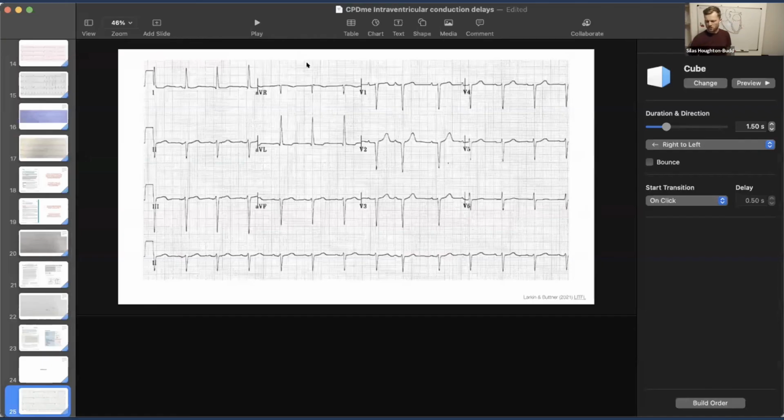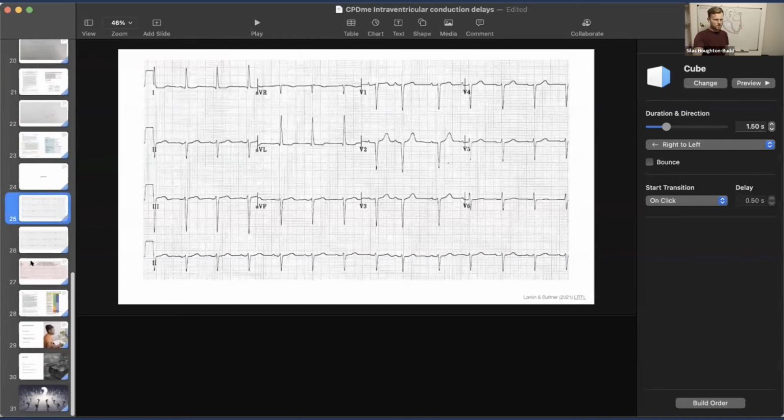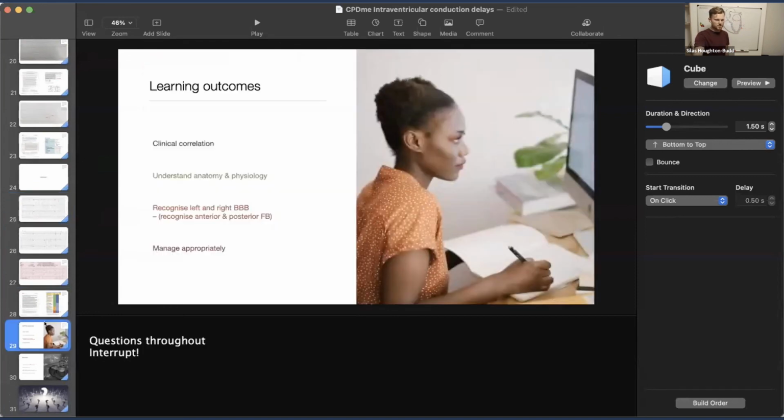I think I've gone on long enough about bundle branch blocks now. If I dig into fascicular blocks and bifascicular blocks, we may be here for a bit of time. So I might suggest I come back and discuss that another time. But just to summarize this discussion around bundle branch blocks,